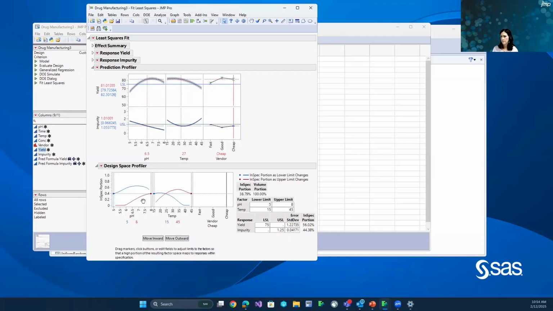So the ways you can interact: you can move the markers, you can enter values below the cells, you can enter values in these fields over here, or you can use these two buttons that move inward and move outward. And that's my favorite way to interact in the Design Space Profiler. If you click on this Move Inward button, it's going to find the move that gives you the biggest increase in inspec portion. So it's looking for the steepest upward move. So if I click on that,